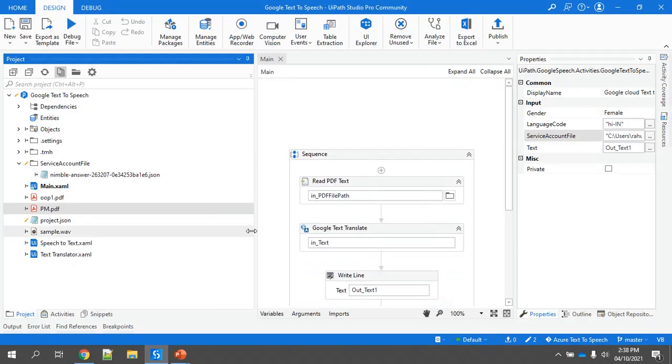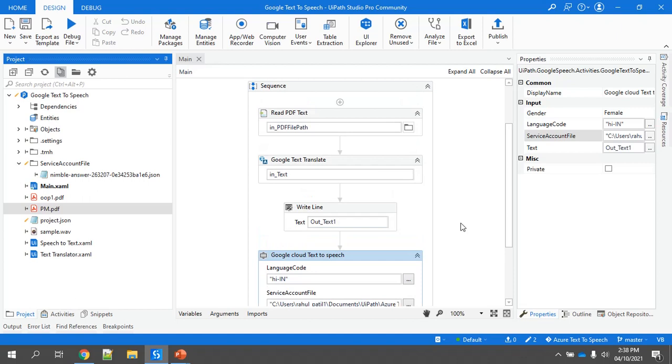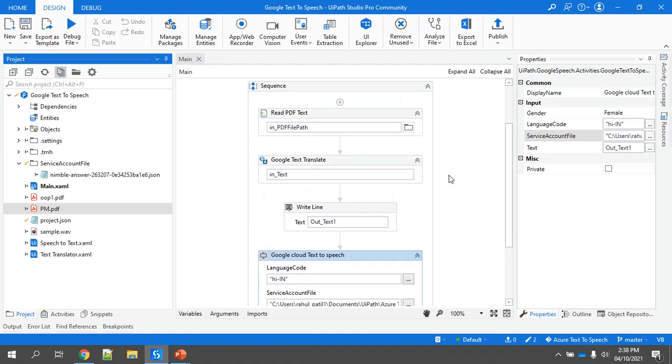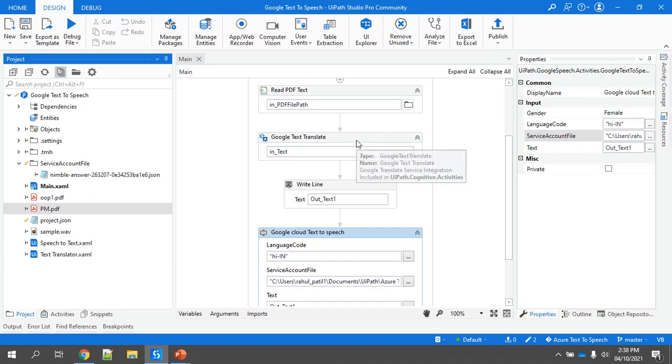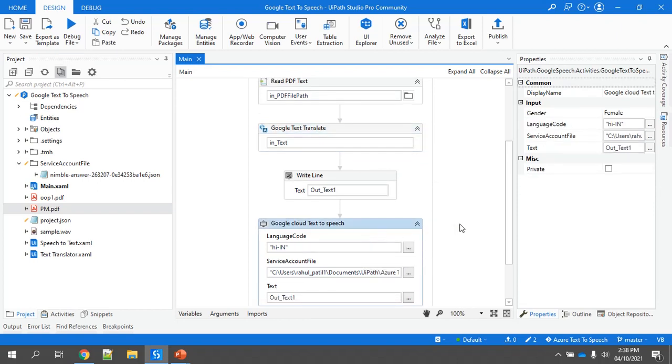Yeah, so this is the UiPath Studio, and we have created one small workflow here. We used the Google Text Translate and Google Cloud Text to Speech activity.